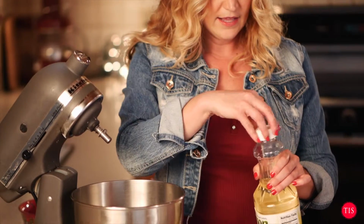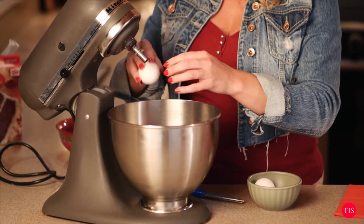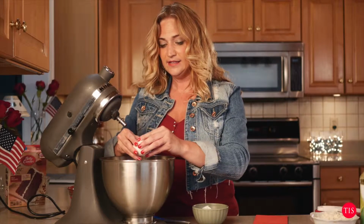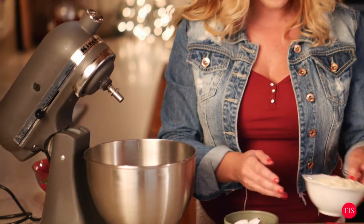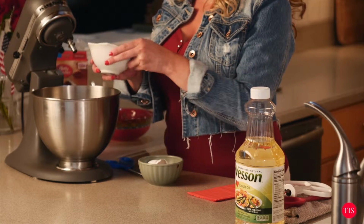And then I'm gonna take some eggs and we'll crack them right into the bowl. Beautiful. 1, 2, and now I have about a cup of white chocolate chips. I don't want to mix all of them in because I really want some of them to be on top to really have that dominant white feature. So what I'm gonna do is I'm just gonna put about 1/2 cup in there and leave the other half